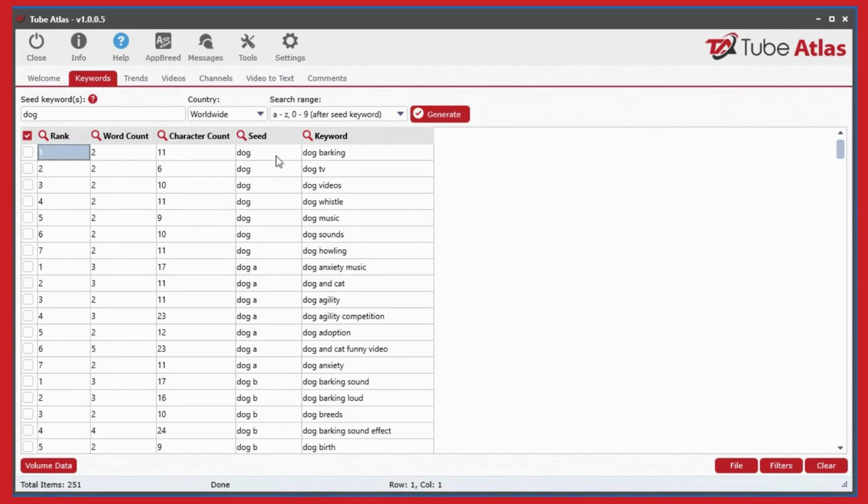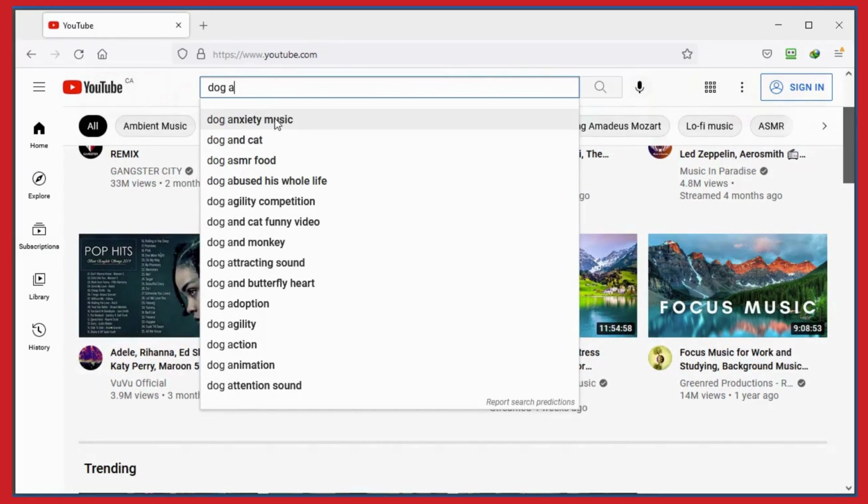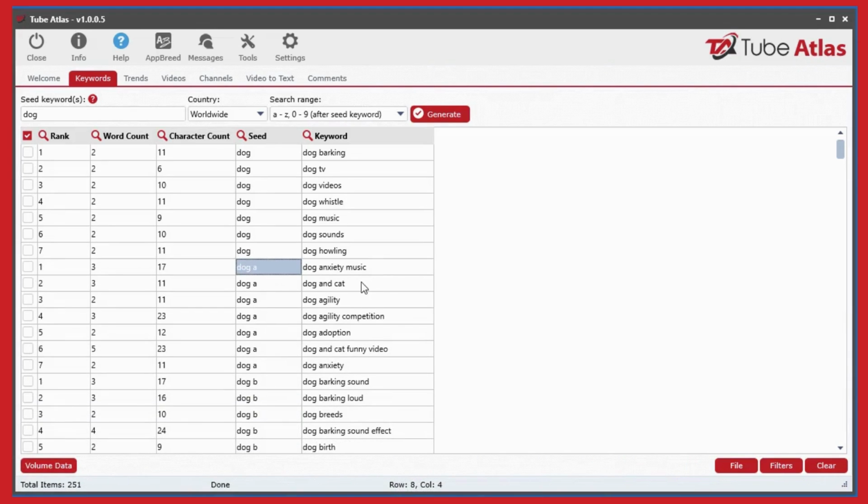As you can see, when you put dog A in there, the first one that came up was dog anxiety music. If we go back to YouTube and type in dog A, you will see dog anxiety music, and that's where these keywords come from. In addition, you can see the number of words contained in the keyword and the number of characters. This helps for people that are looking for long tail keywords, so you can easily sort your keyword list by